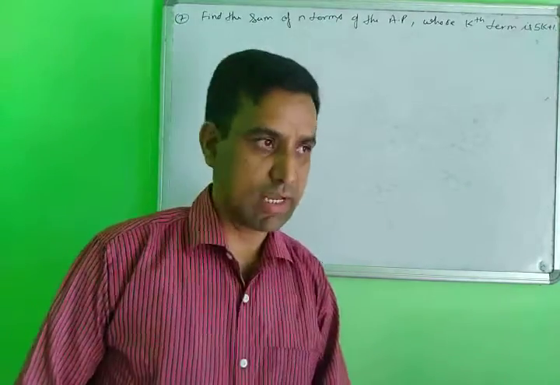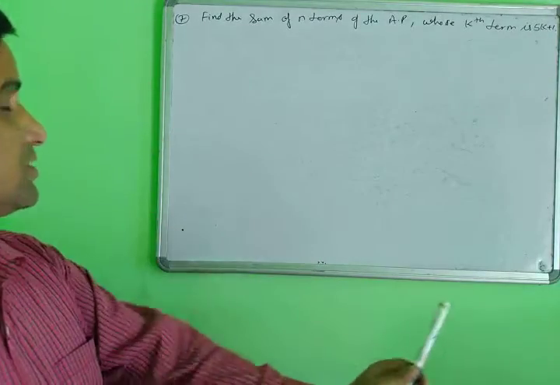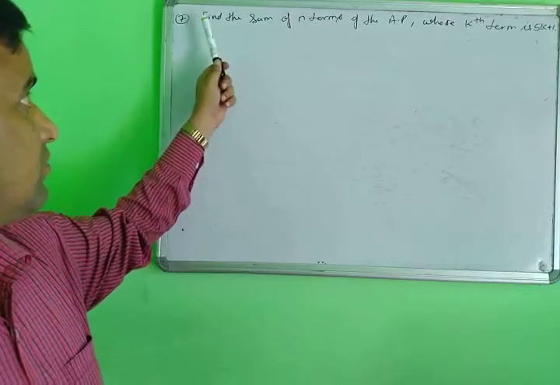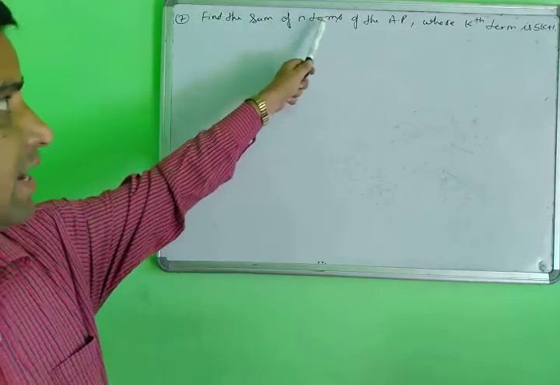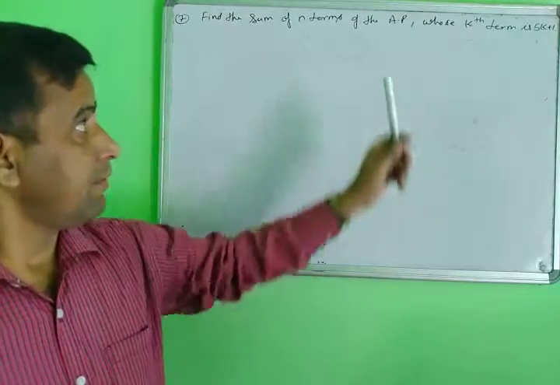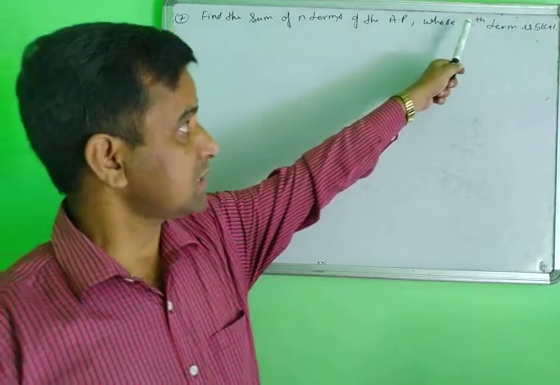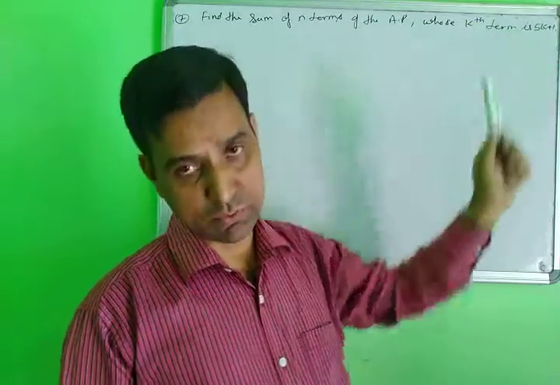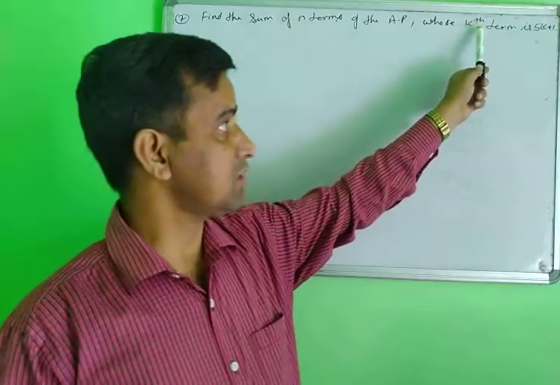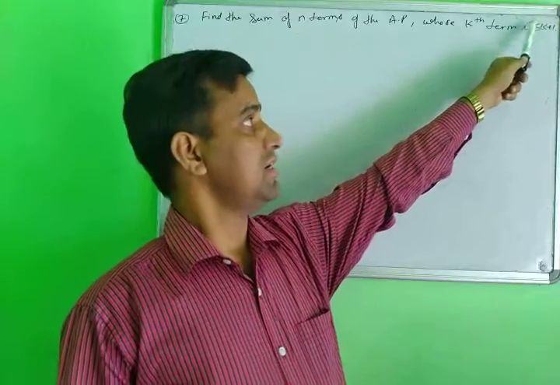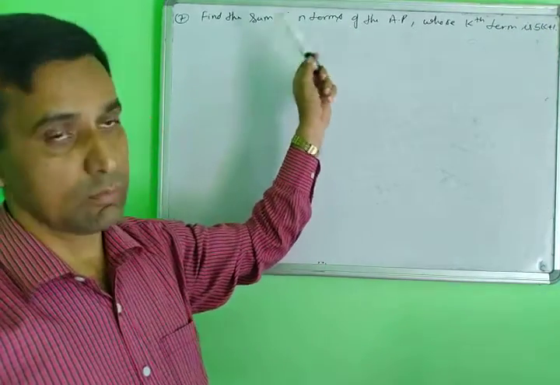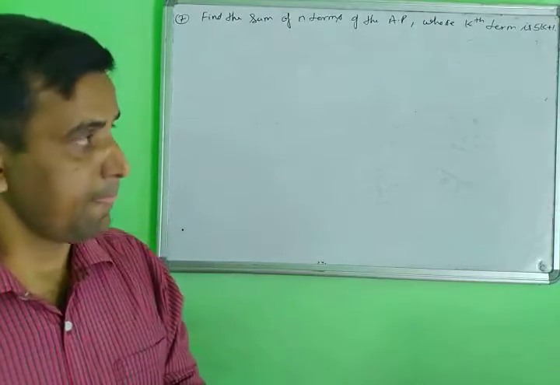Yes, question, class. Next question, I am taking question number 7. This is a different type of question. The last question here is to find the sum of n terms. You will find the sum of the n terms of the AP whose kth term is 5k plus 1. Here the general term is Tn, any kth term. The Tn term of this AP is given, and we will find the sum of the n terms of this AP.